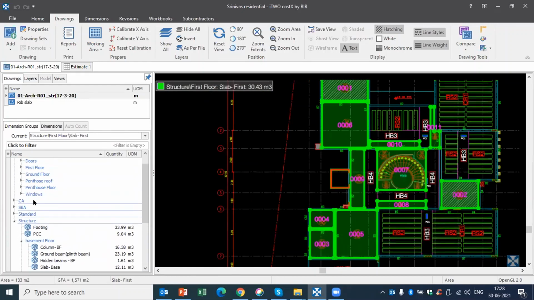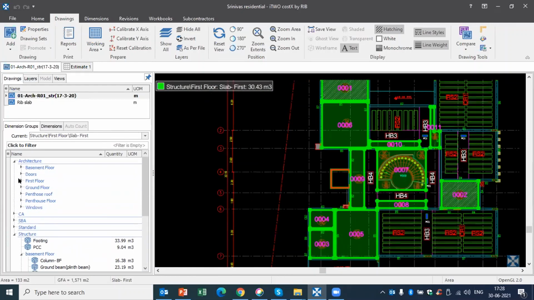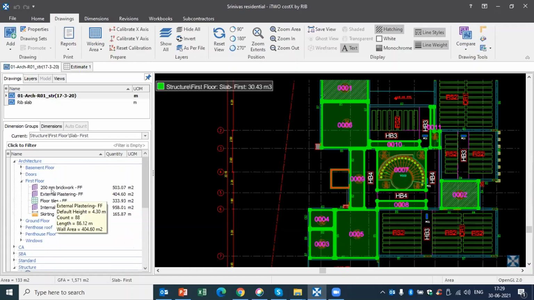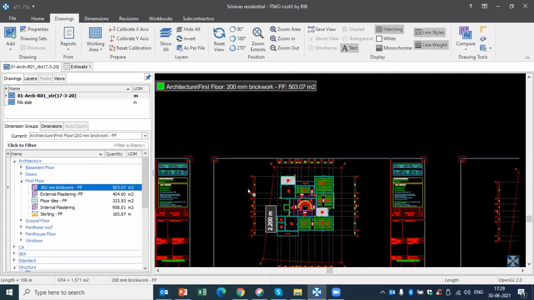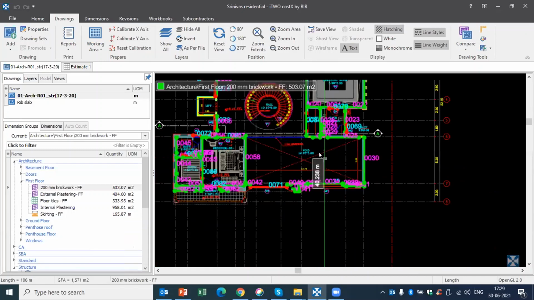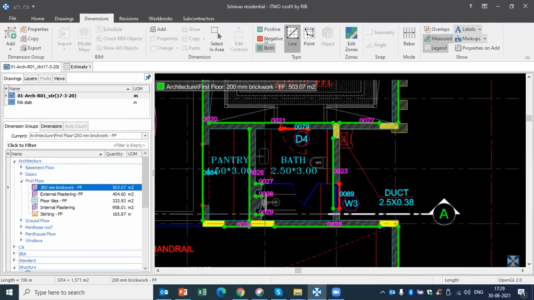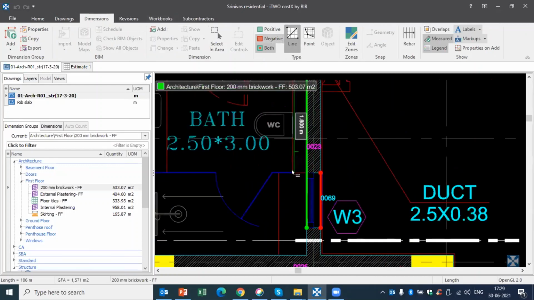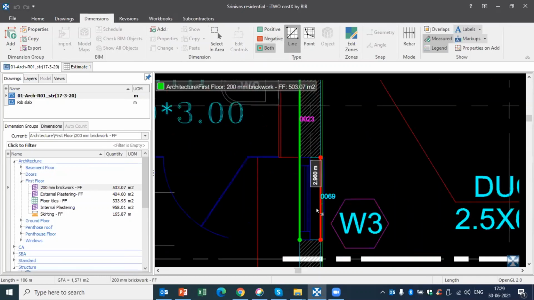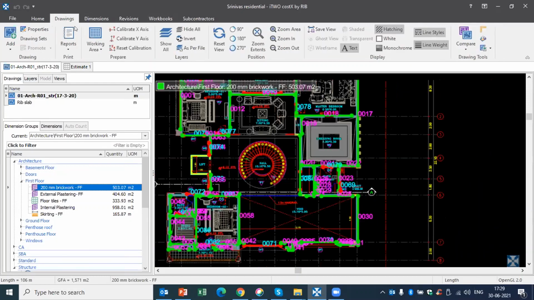The same way, when we go with the architecture based quantity, I select first floor, brickwork. When we go with the wall calculation, we need to do some deductions like door or window deductions. You can easily do that here with the negative option. Here you can see I have taken this door, from which the window needs to be deducted. You can see this window is deducted, shown in red color. And you can view your wall quantities in 3D also.